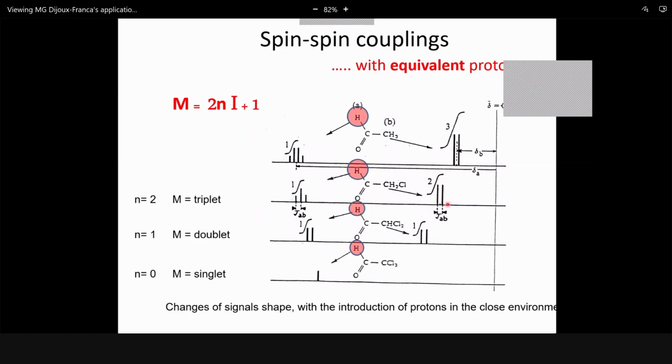So in these signals, we have a triplet corresponding to a proton which is coupled to 2 equivalent protons. And on the other side, I have a signal as a doublet for 2 protons that are equivalent. And it is a doublet because they are coupled to only 1 proton. And if we go further,